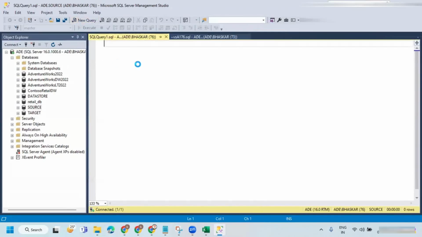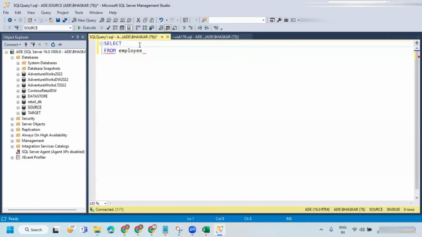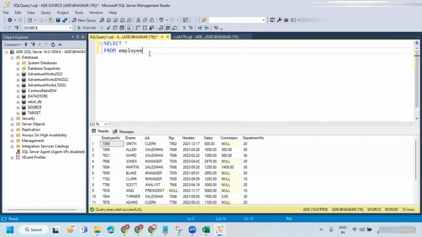Let's go for source. Select star from employee. And I wanted to get the average salary.